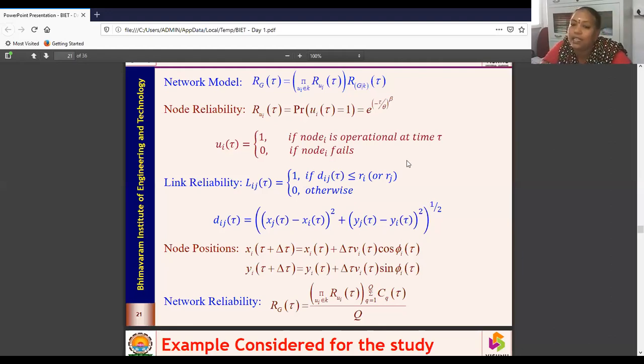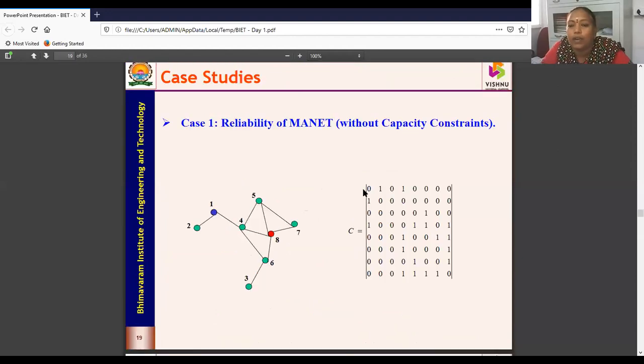As I said yesterday, if there is a direct connectivity, for the first row, if the last column is equal to 1, it means that there is a direct connectivity, as I showed in the previous slide. So here you have the first row, and when you look at the last column value, it is 0. Since it is 0, it means that 1 is not directly connected with your sink node. So I'll be checking for the intermediate values. 1 is connected with 4 and 4 is connected with 8. So I'll be saying 1, 4 and 8 is connected.